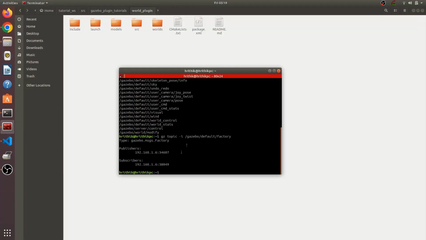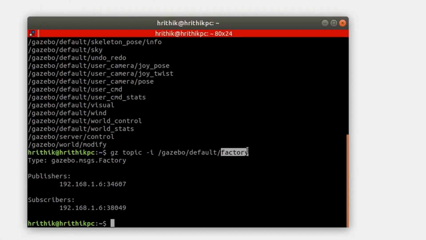So in this video, let's discuss how to write a Gazebo world plugin. Okay. So what we are basically going to do is this. We are going to publish on this factory topic. This topic helps us to spawn models on Gazebo. Okay. So we are going to publish on this topic and we'll see how to do that using the world